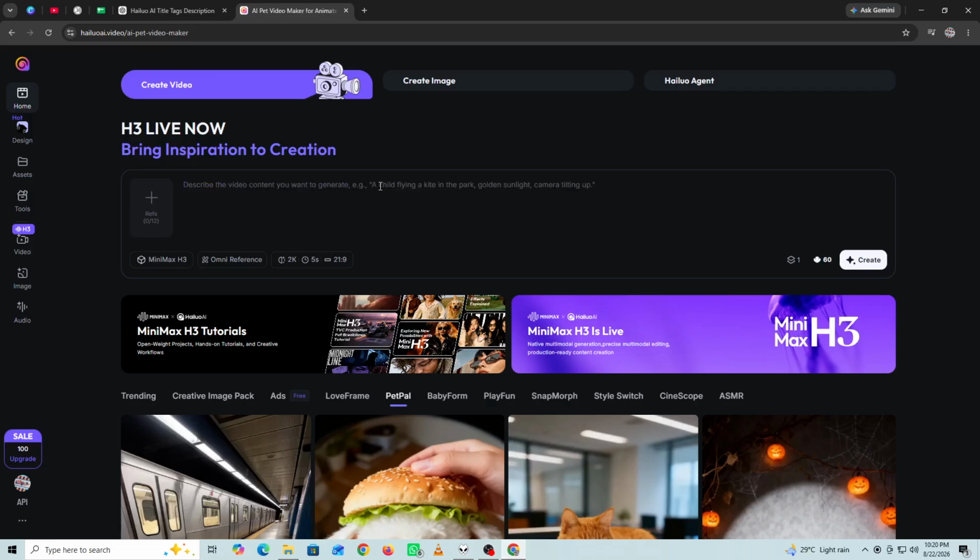Open Hailuo AI and go to the video generation section. Now write a prompt describing one scene at a time. Include the character, environment, action, lighting, and camera movement. For example, you could create a scene where a traveler walks through a quiet forest at sunset while the camera